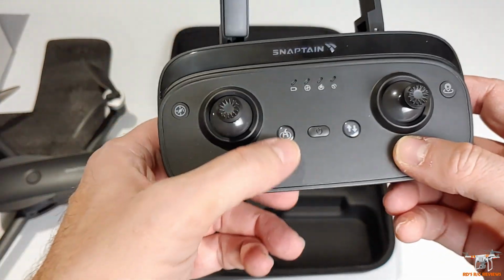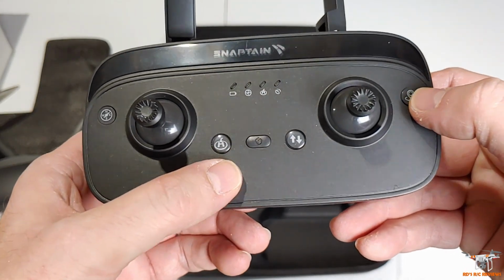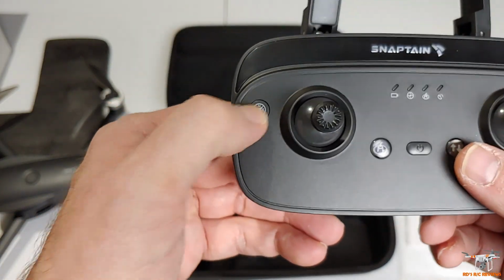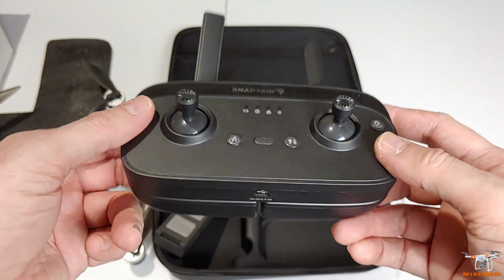This is going to be your return to home right here. This is probably to initiate a compass calibration. This would probably be your auto takeoff and auto landing. And this is probably headless mode. That's what I'm thinking. And rather than looking at the instructions, I mean, if I said anything wrong,